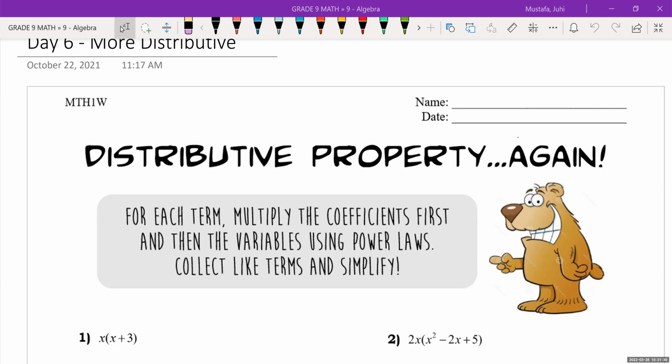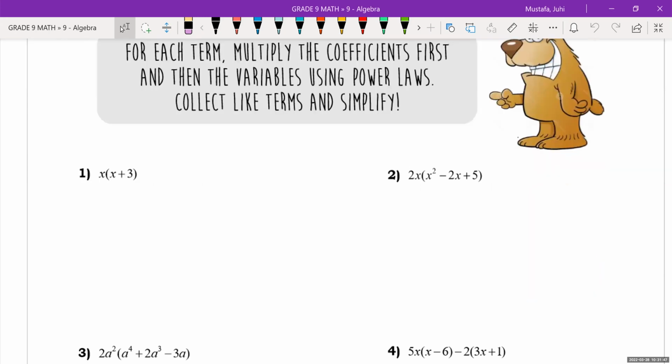He's saying, for each term, multiply the coefficients first, and then the variables using power laws, collect like terms, and simplify. So we do have to remember our power laws, which means when you have two bases that are the same and you're multiplying them, you're going to add the exponents together. So we're doing 6 examples together. We're going to start off with really basic ones,